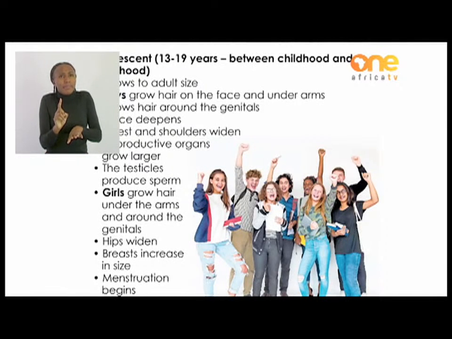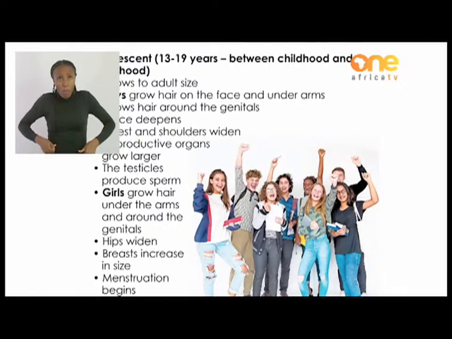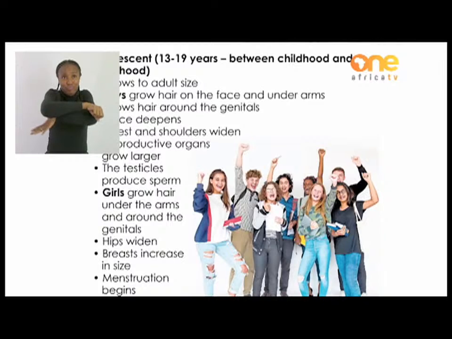They grow hair on their faces, which is called beard. Okay? Those are boys. And they also grow hair under their arms. Right? You might realize that one of your brothers started now putting on long sleeves because they don't want you to see the hair that grows under their arms because they are teenagers. Both boys and girls, they grow hair under their genitals. Around their reproductive parts, they grow the hair. Their voices deepen. Their voices become deeper.